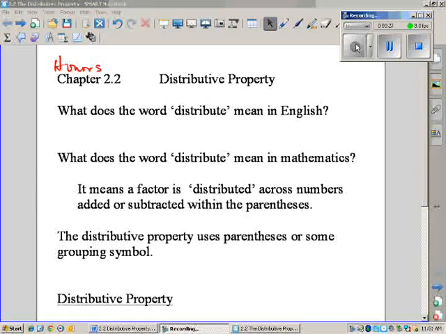We're actually looking at chapter 2.2, the distributive property, and I love teaching the distributive property because you use it so much in algebra, and I know you probably did a little bit of this last year, but we need to start at the beginning to make sure that you understand it and you've got a good solid handle on it. If we think about the word distribute,